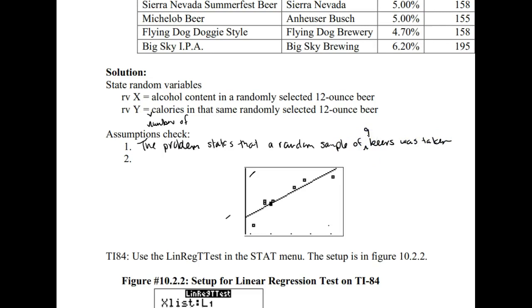And the second condition, if we go back and look at the scatter plot, let's get these little markings off there, I don't know where those came from. So if we're looking at our scatter plot here, it did look roughly linear and we don't really have any outliers. So the scatter plot of the data is roughly linear with no outliers.